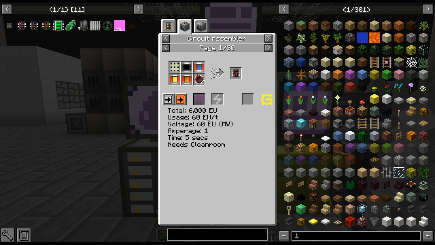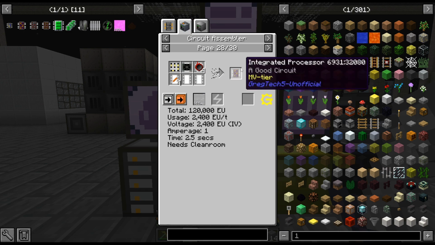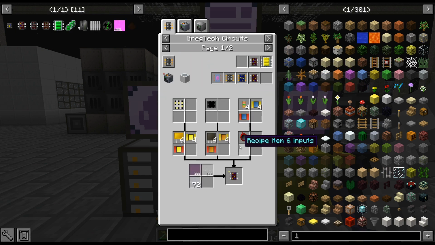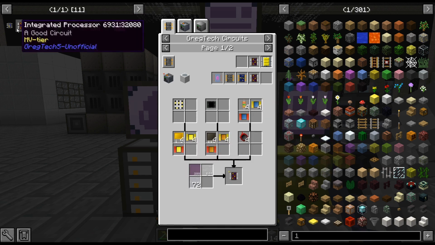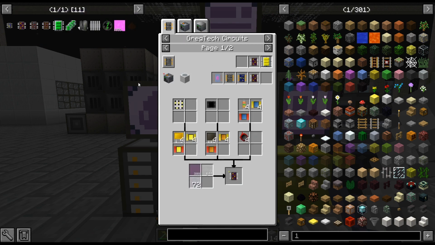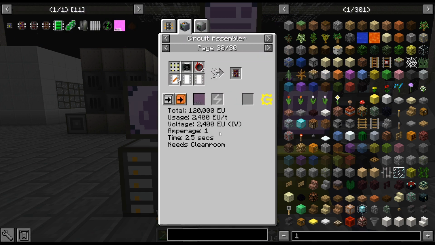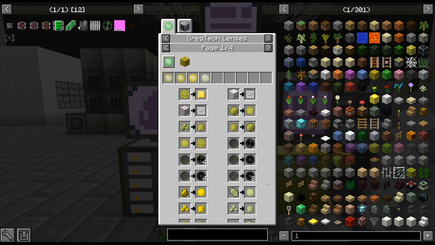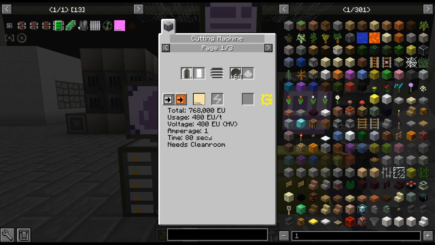It just depends on if you have a high enough tier, which we do. We could do MV and the LV and MV. We could use the SOC to get cheaper circuits, and I wouldn't even have to worry about the advanced SMDs and that. But in order to get that, we are going to need these SOC wafers. In order to get the SOC wafers, we are going to need